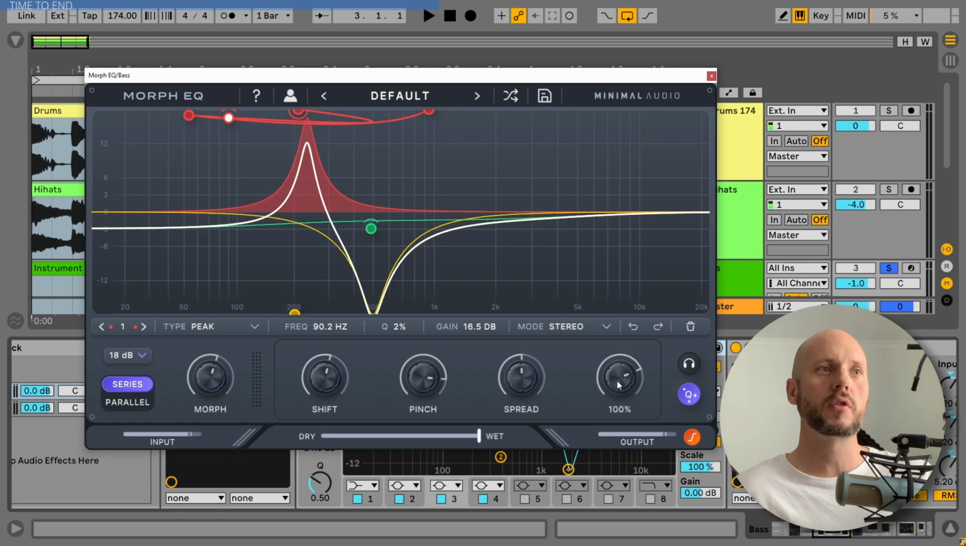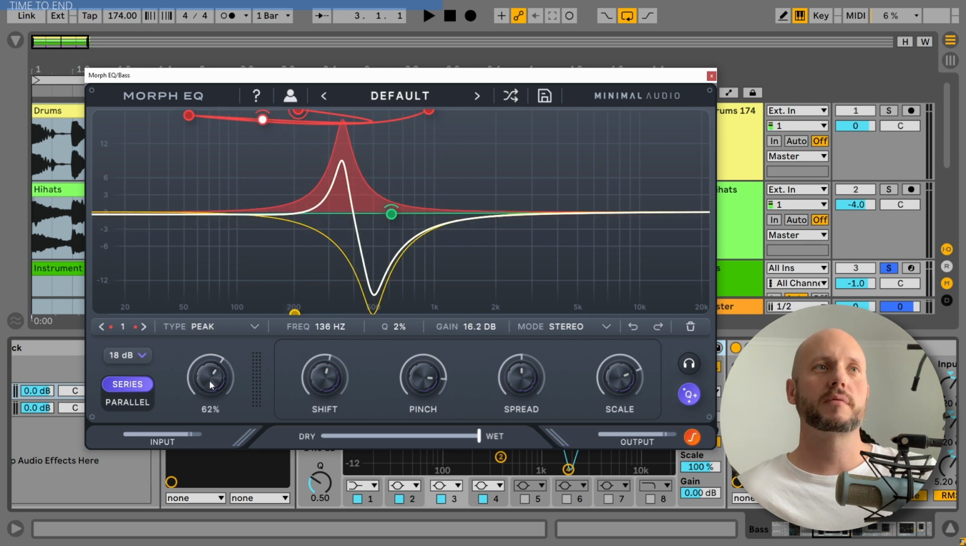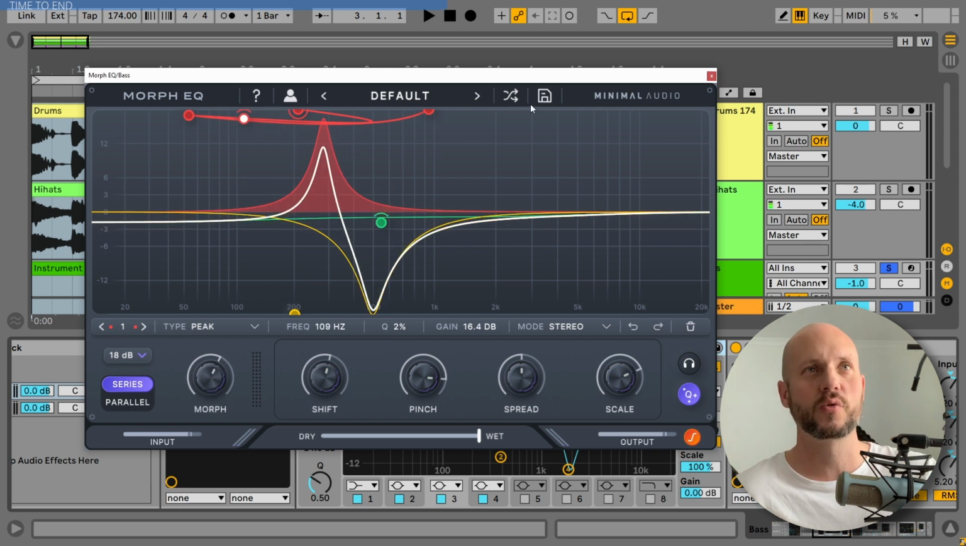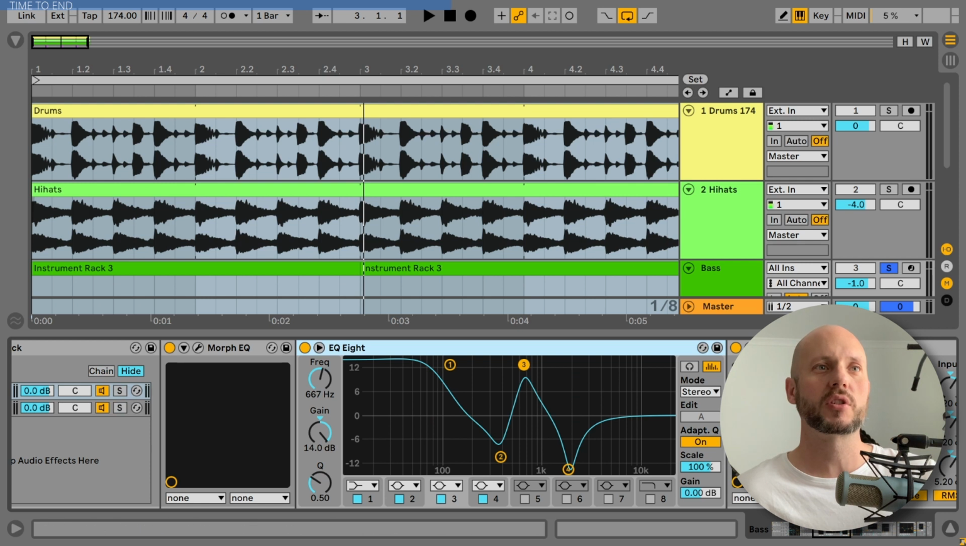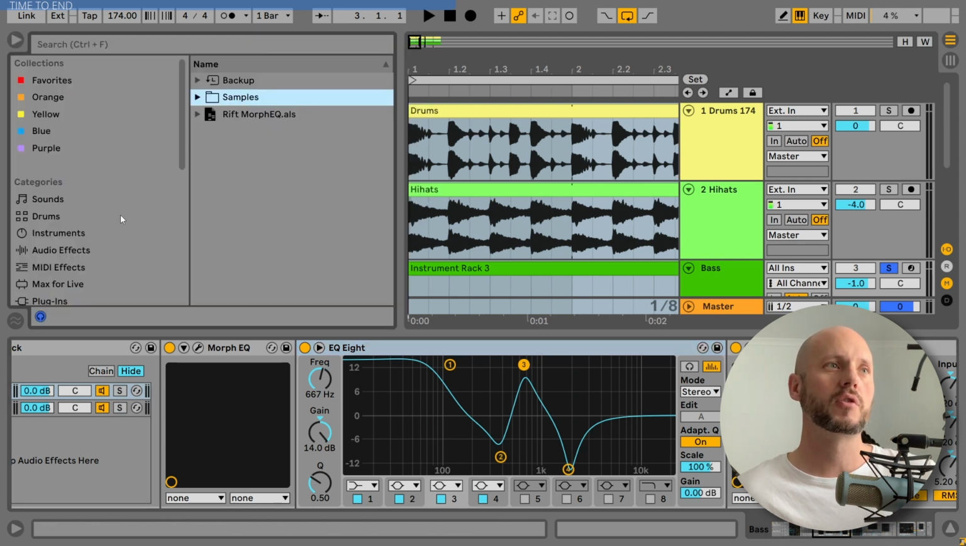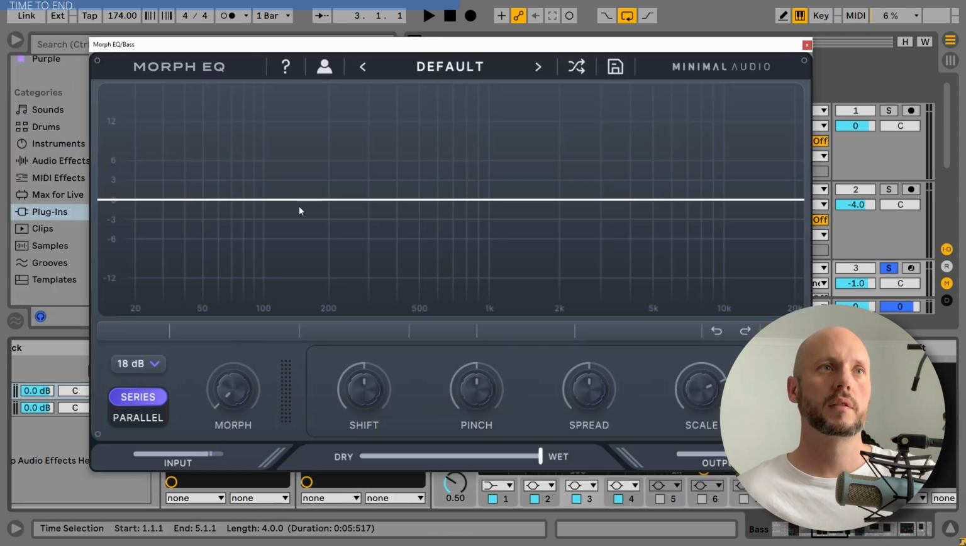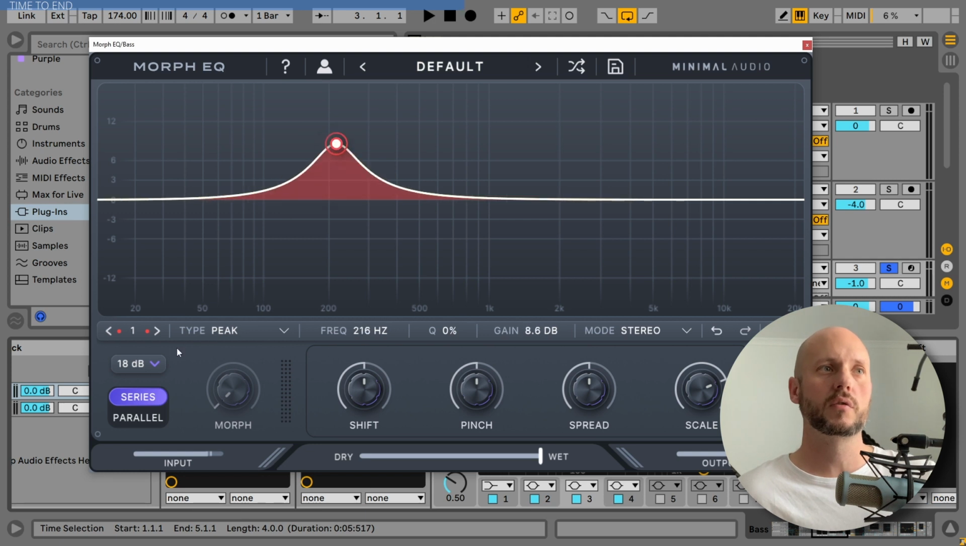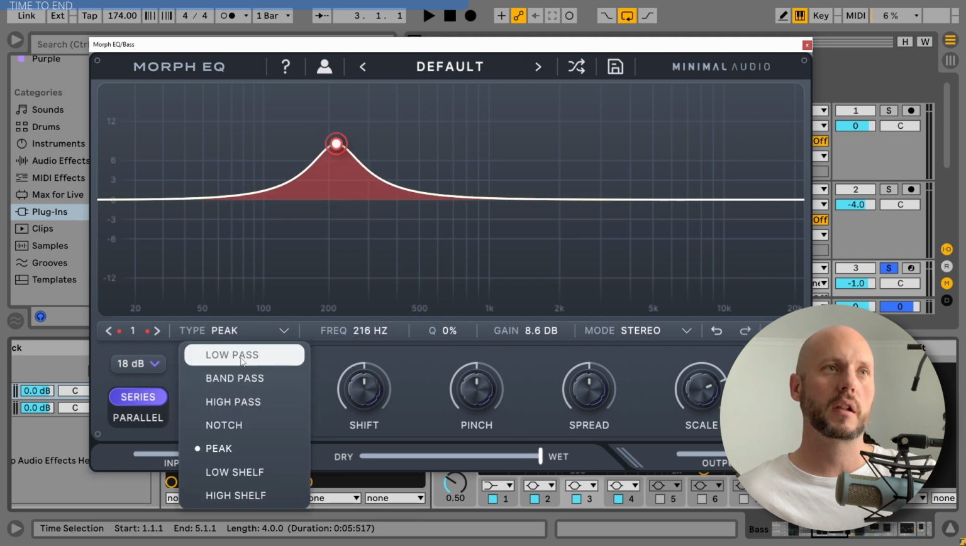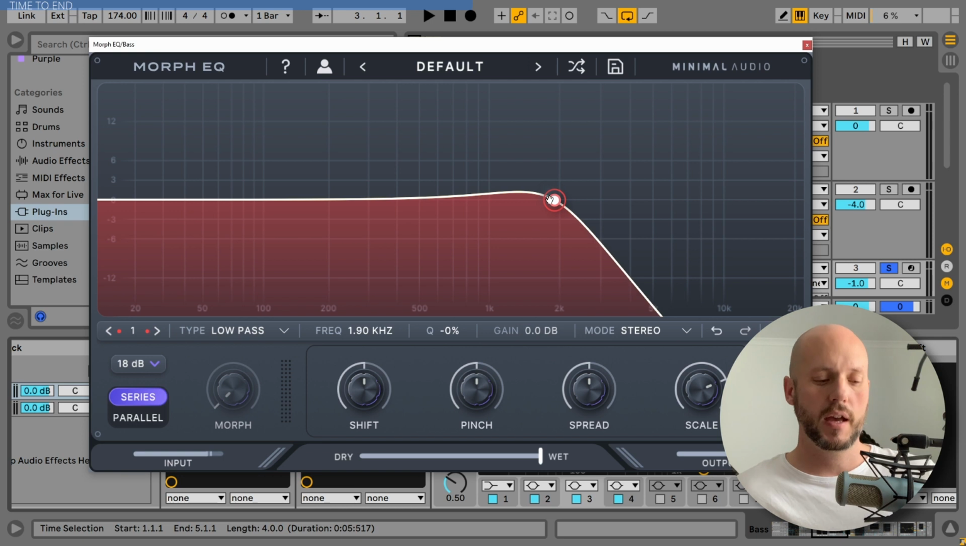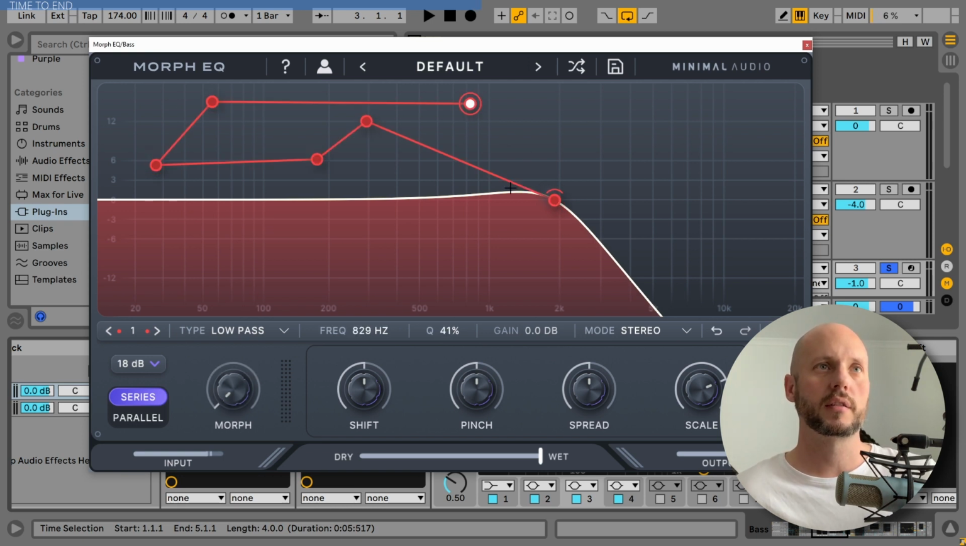We also have it in EQ8, but the Morph feature is just so cool. Come on, I love this kind of thing. Let me just show it to you very fast how you can tweak that. Double click to create an EQ. So let's call this low pass, and if you hold Control and click somewhere, you can create this